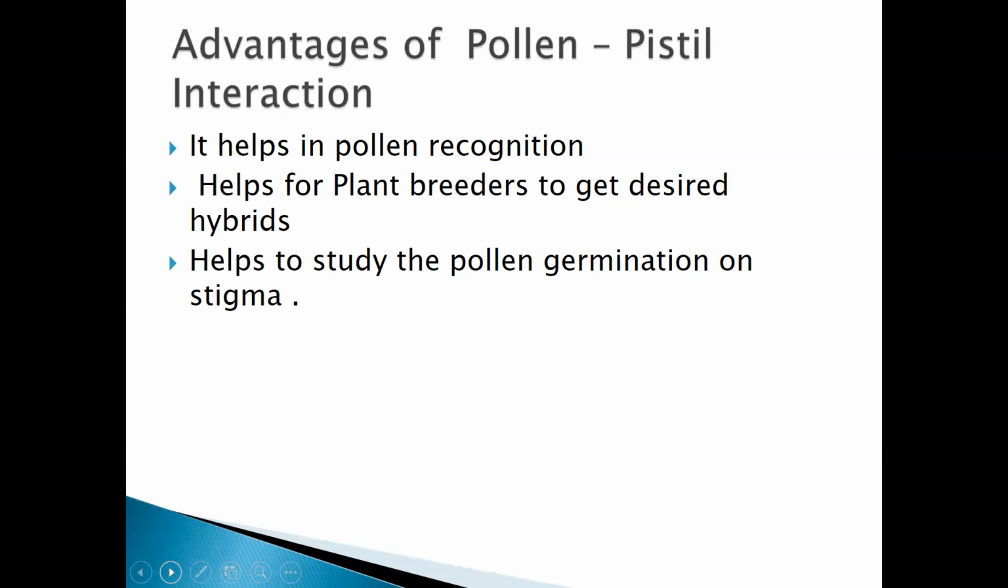Second, it helps plant breeders to get desired hybrids. What happens in this pollen-pistil interaction? We allow our desired pollen grains, the pollen grains which we want to grow on it, and only those can be allowed to germinate, so it helps the plant breeders to get desired hybrids. For example,